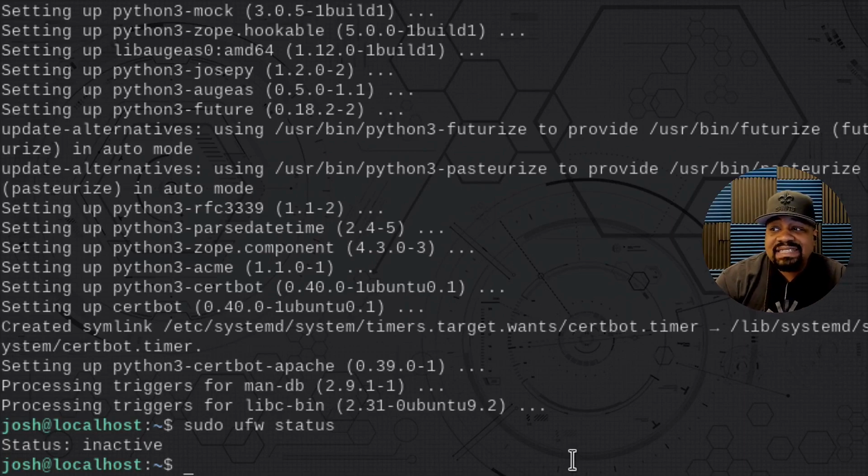Right now it's inactive, but one thing we want to do is activate it, and well, first we want to open up the ports and then activate it. The only reason I'm doing that is because I'm logged in through SSH. You want to make sure you open up that port as well. So I'm gonna show you the commands right fast, but sudo